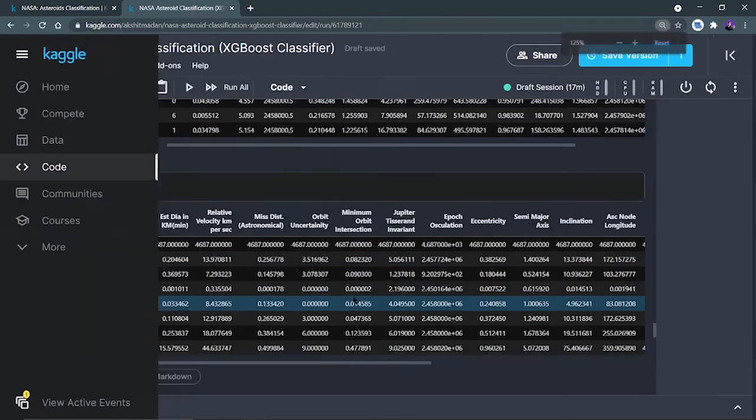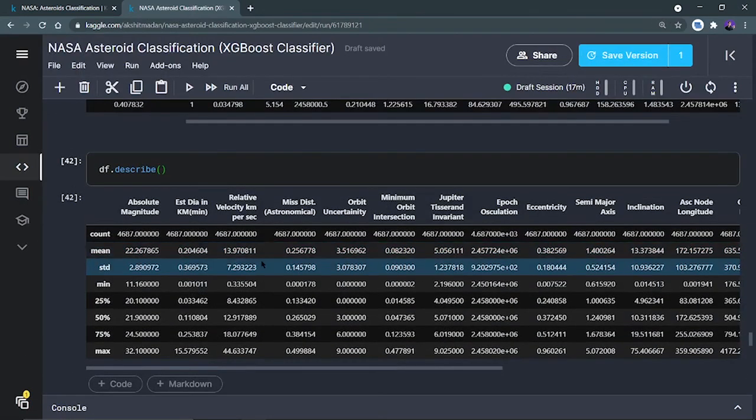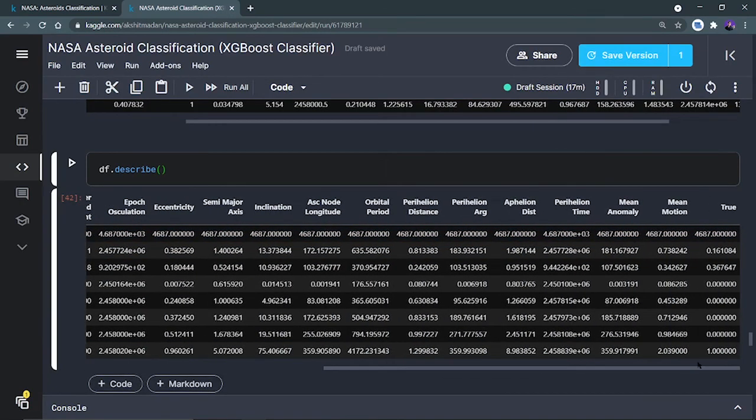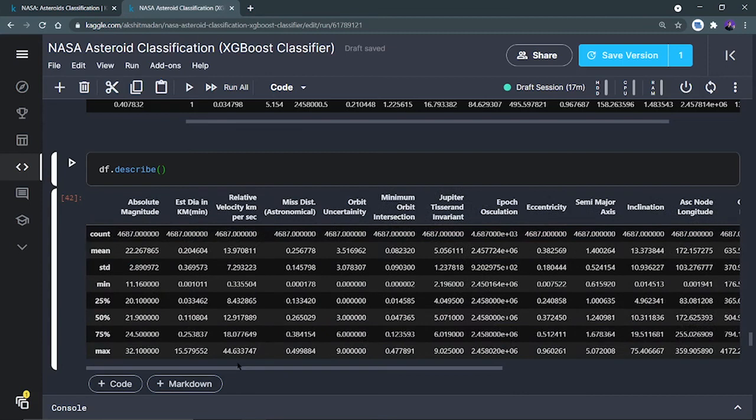you have to apply regression on it. You can take any column, like you can take relative velocity and predict the relative velocity, and here you can take the hazardous column as your independent feature, and you can take relative velocity as your dependent feature, and you can predict this, right? So this is your homework and you can do it. So you have to apply regression, not classification, right?